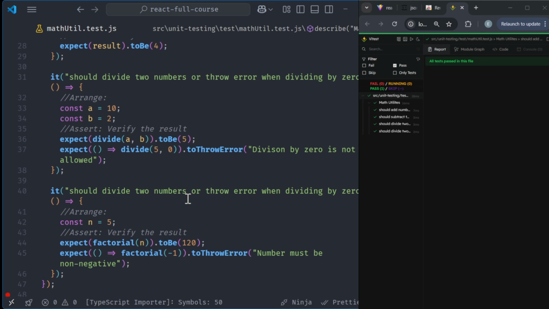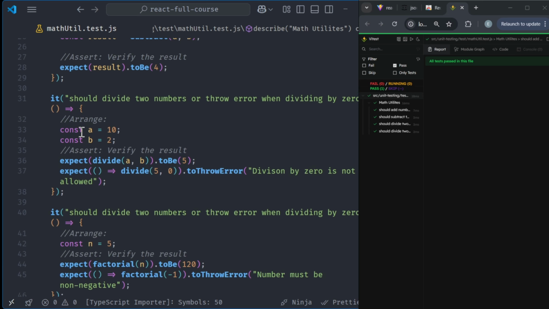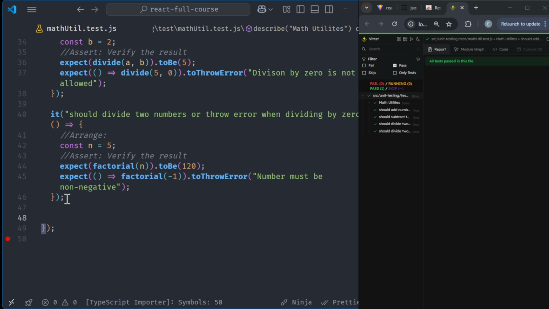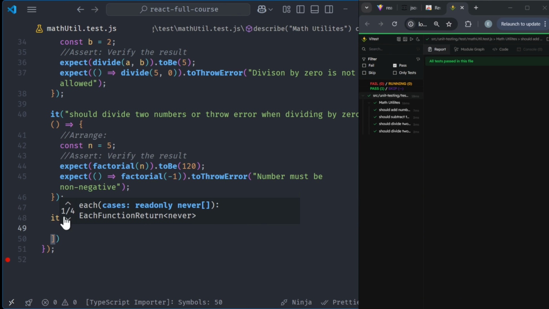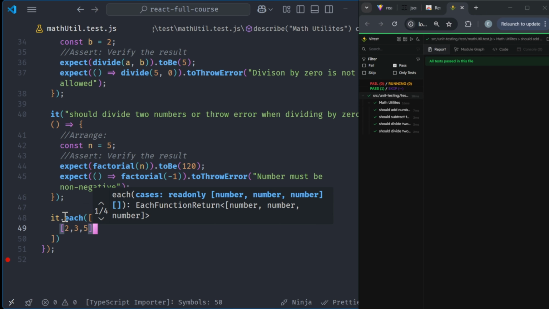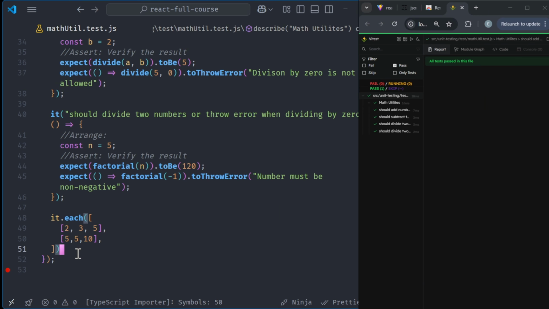You can also use it to add multiple values and multiple numbers. I can say it.each and I pass in an array, and then this is going to take in the first number: 2 plus 3 is equal to 5. I'll say 5 plus 5 is equal to 10. And then we're going to say add, and you're going to use the percent %i